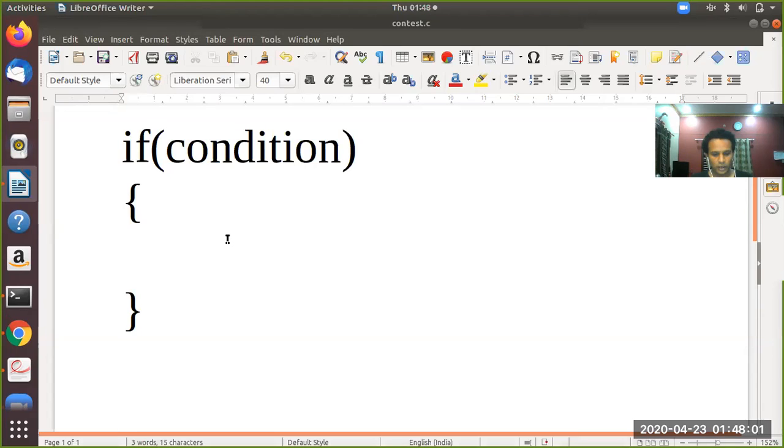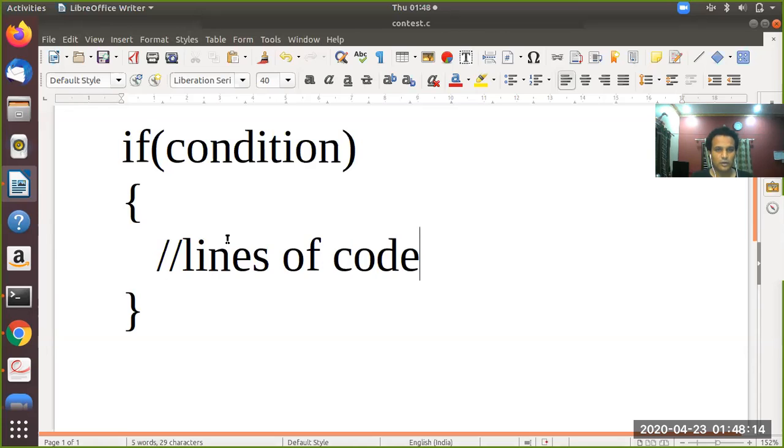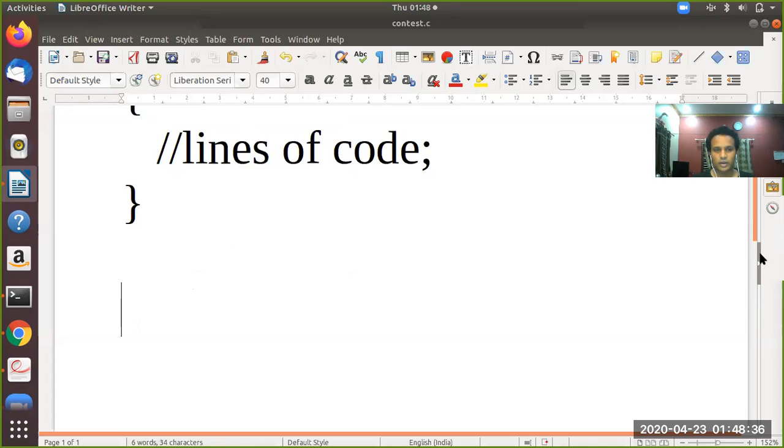Now here what you write is lines of code. Now these lines of code can be one or multiple. Understand? But all these lines of code that you write within the opening flower brace and the closing flower brace of the if will be executed if and only if this condition is true. Understand? That's what it says.